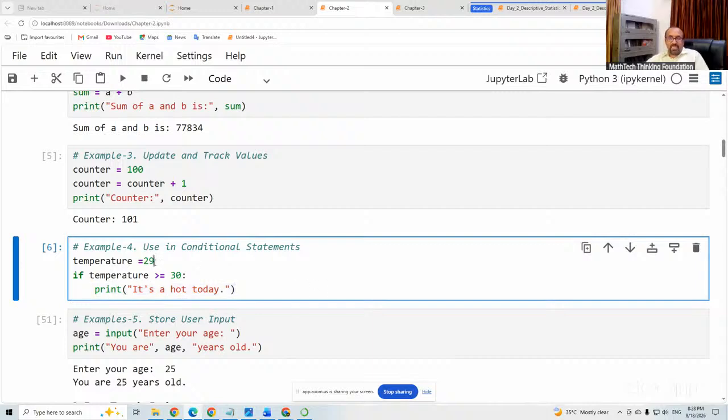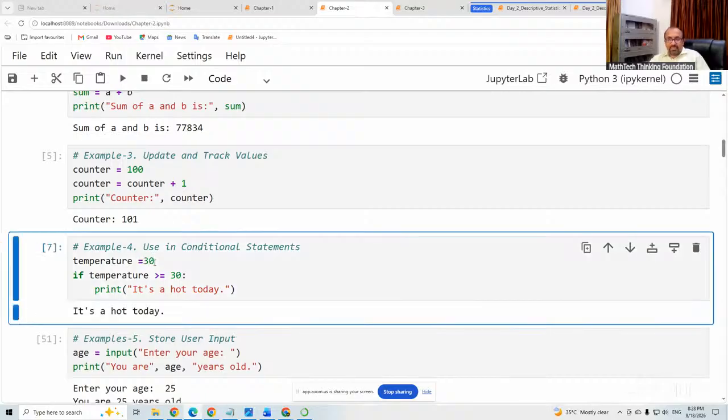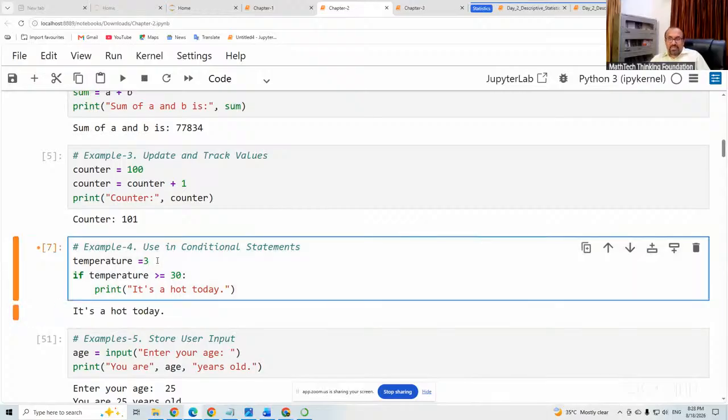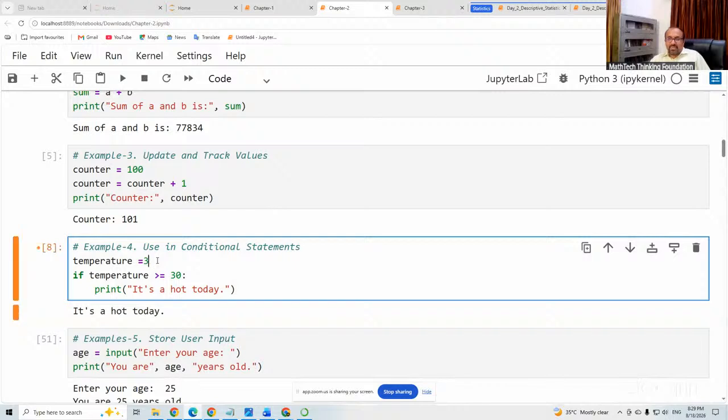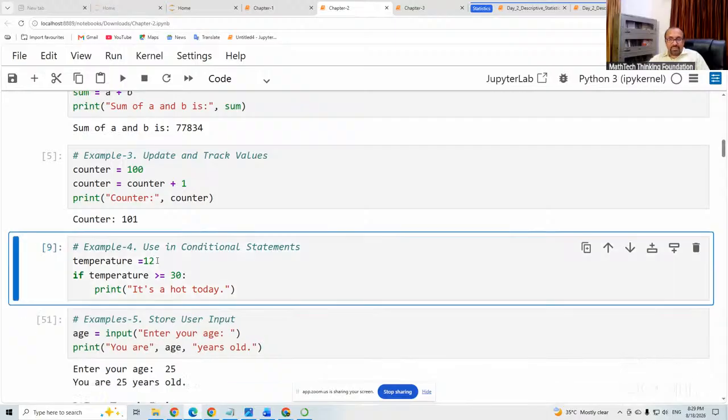Okay, if I increase the value, this is 30, control and enter. Now the condition is true. Either the temperature is greater than 30 or equal to 30, the condition is true. That's why it is working now. Any value which is greater than or equal to 30 will always work. But any value which is less than 30 will not work. Suppose the temperature is 12 degrees, no output because